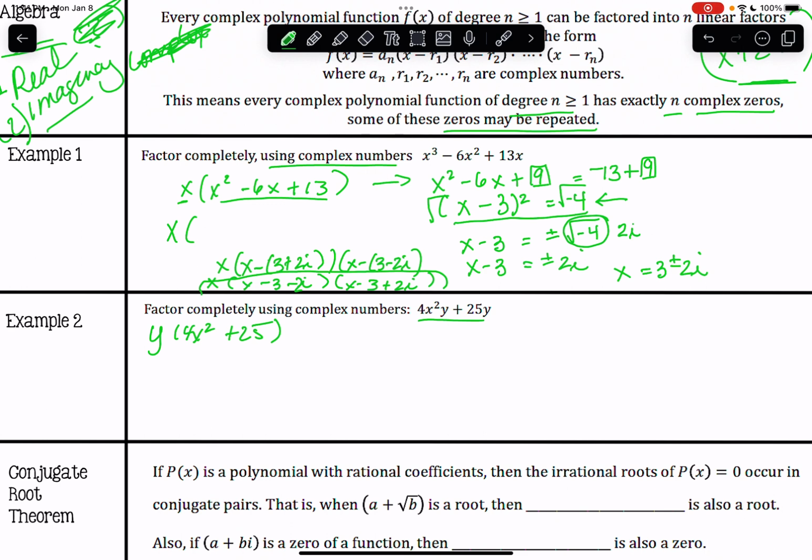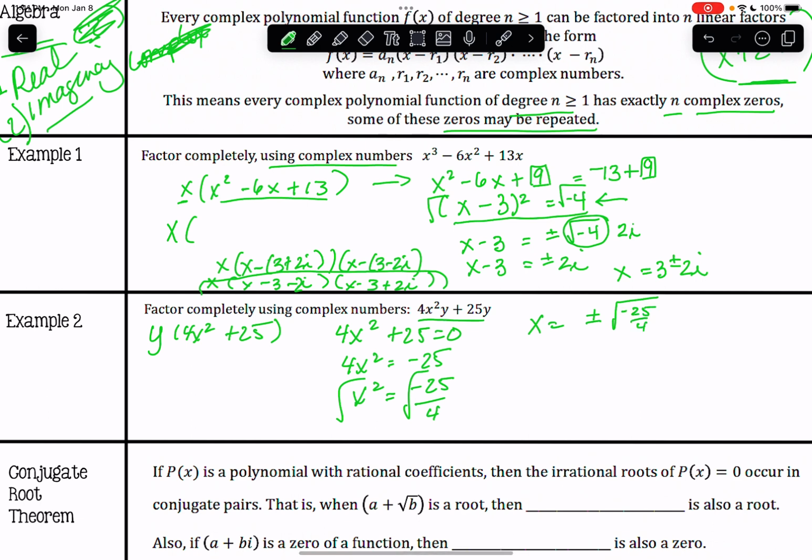So we would set that equal to 0. So 4x squared is -25. So x squared is -25 over 4. So we have x, taking the square root of both sides, x equals plus or minus the square root of